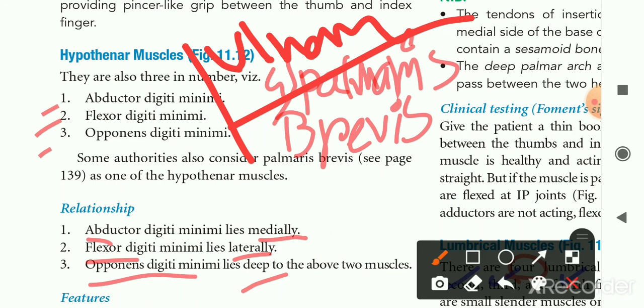One thing I want to add is that all the muscles of the front of the hand are supplied by the ulnar nerve, except the muscles located in the thenar group. So maximum muscles are supplied by the ulnar nerve, and you know the intrinsic muscles of our hand are involved in complex movements, such as writing,